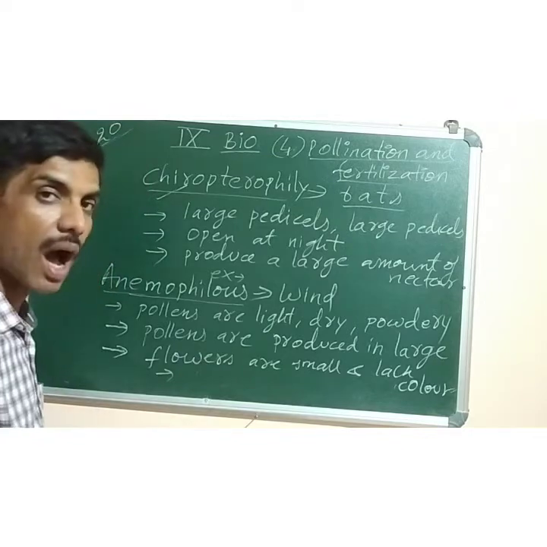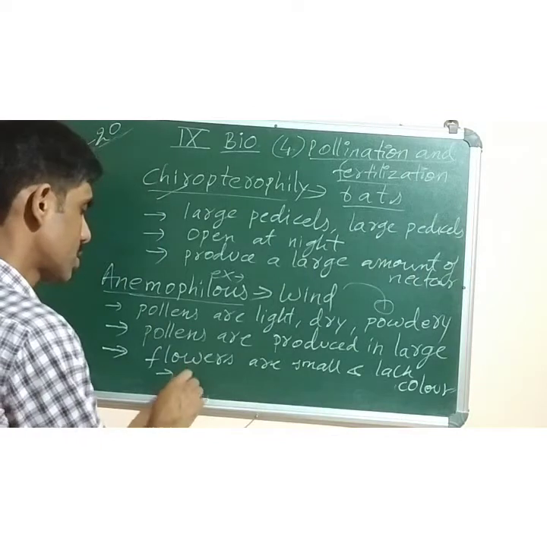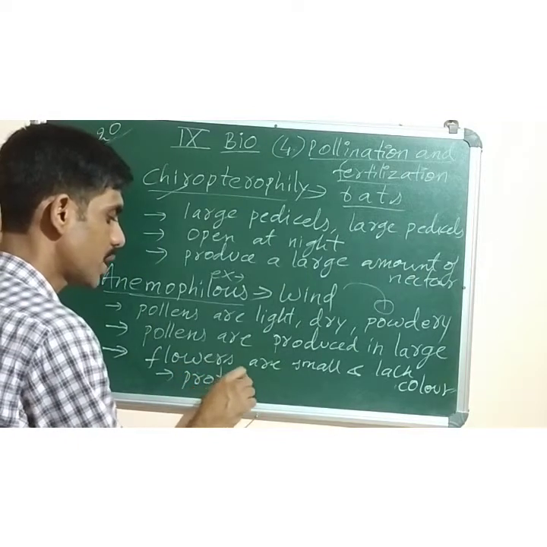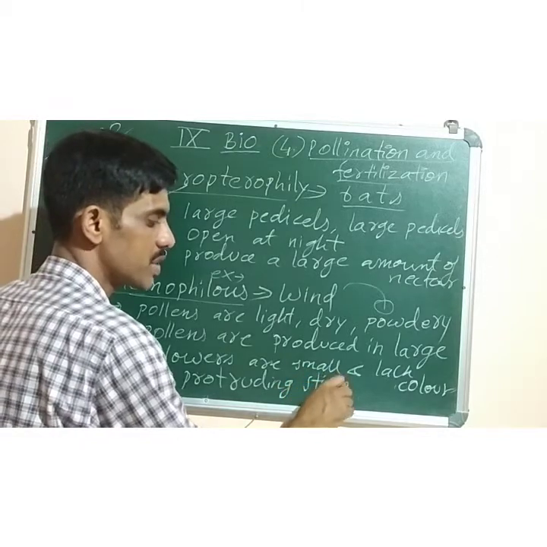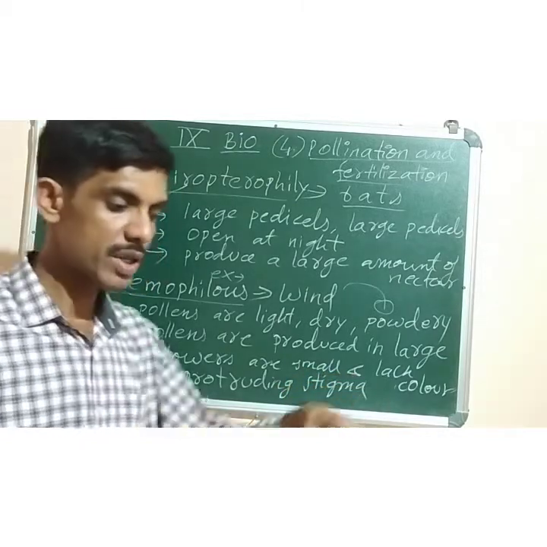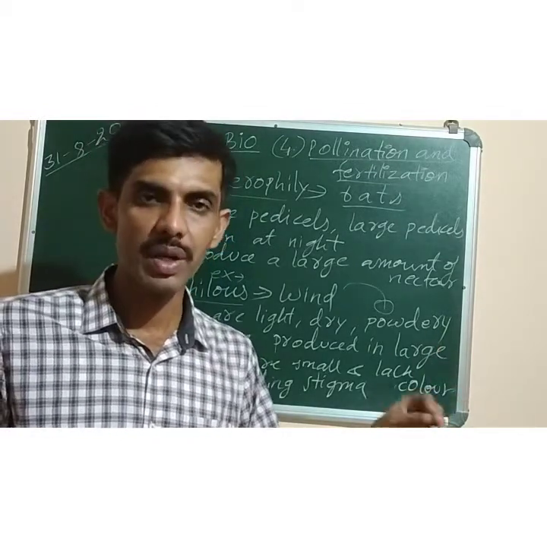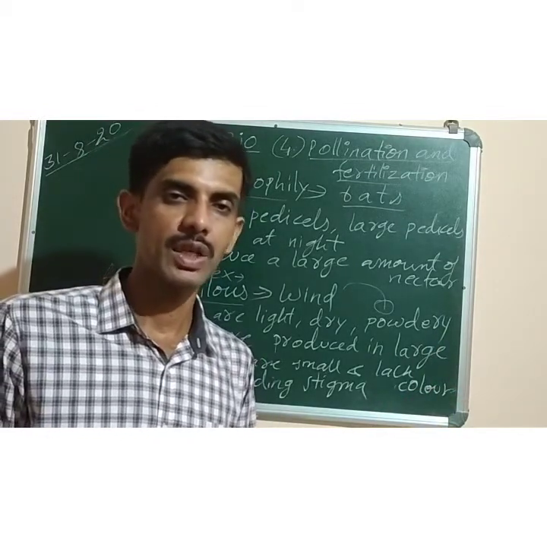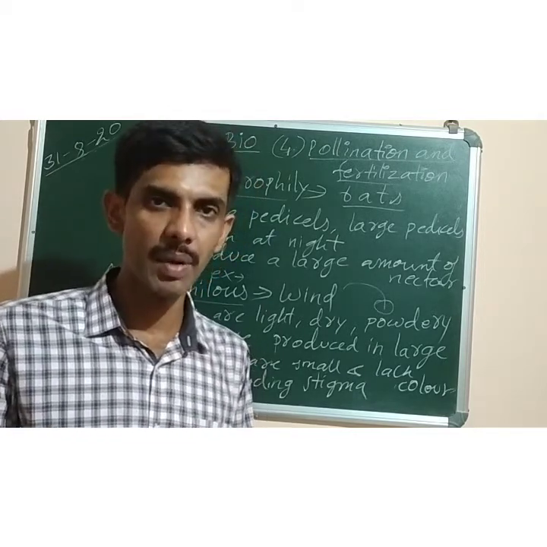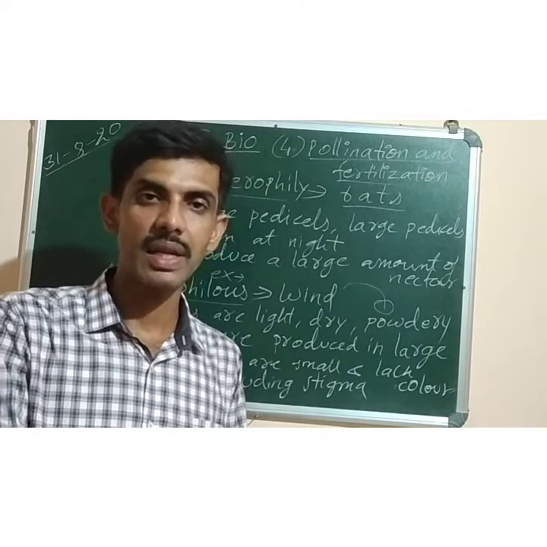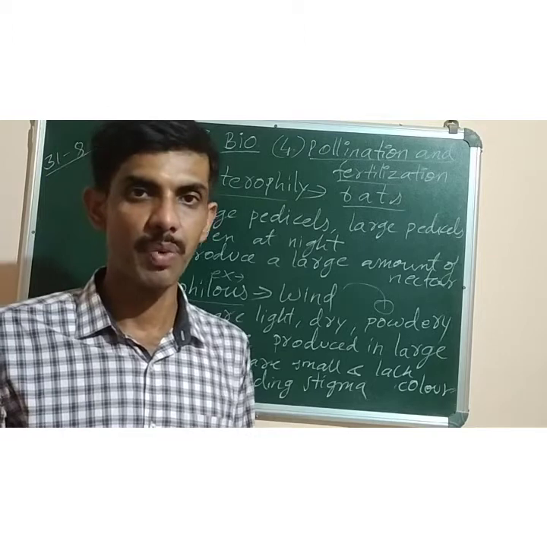Protruding means hanging outward. The stigma should be coming outside and hanging from the flower. So that also you can write protruding. Stigma which is projected outward. Why? Because if the stigma is placed outside the flower, when the wind blows, it will deposit the pollen grains on such a stigma which is visible or externally available to them. If it is placed inside the flower, it may not be suitable for the winds to deposit the pollens